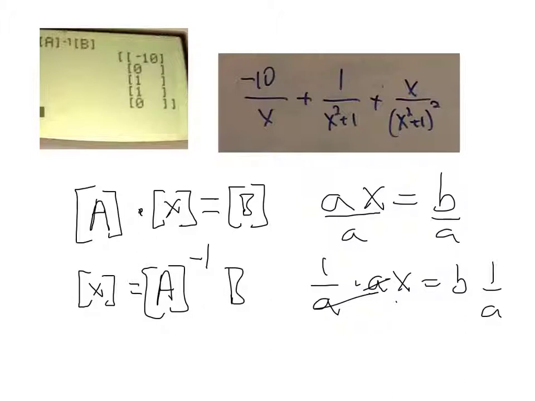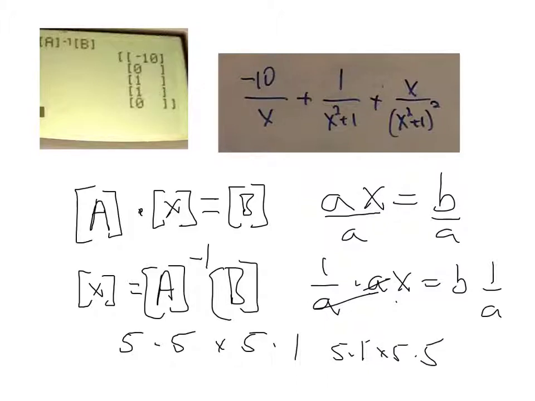times the constant matrix. And the other thing you've got to keep in mind about matrix algebra is I've got a 5 by 5 matrix, and I'm multiplying that by a 5 by 1 matrix. These two numbers have to be the same in order to multiply them. That's why I couldn't multiply b times a inverse, because that would be a 5 by 1 times a 5 by 5, and these two numbers aren't the same, so I couldn't multiply those matrices. Okay. So, now that the calculator solved that system of equations very quickly and easily,